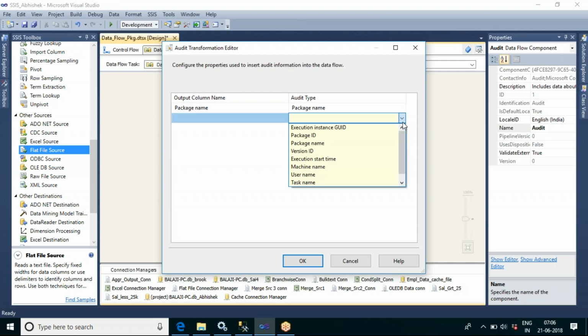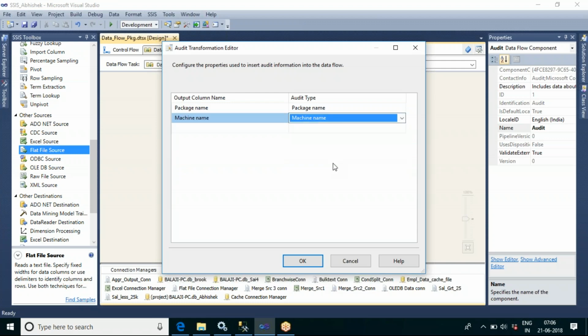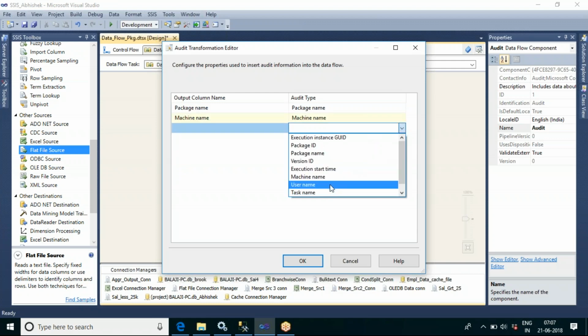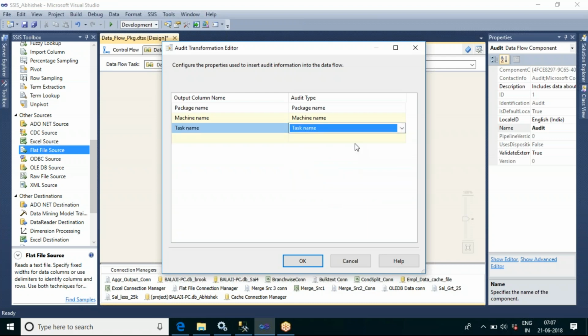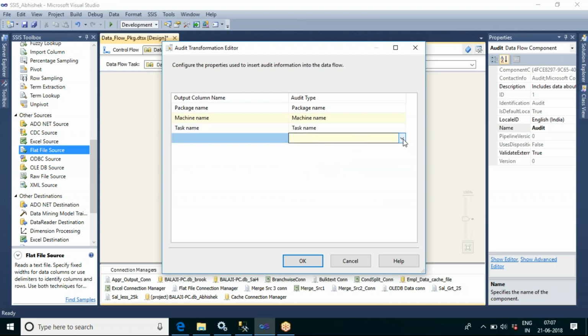And about the machine name, in which machine your SSIS solution is running, and about the user name or task name, from which task in that package, and who is the user, meaning with which user account your package is running.